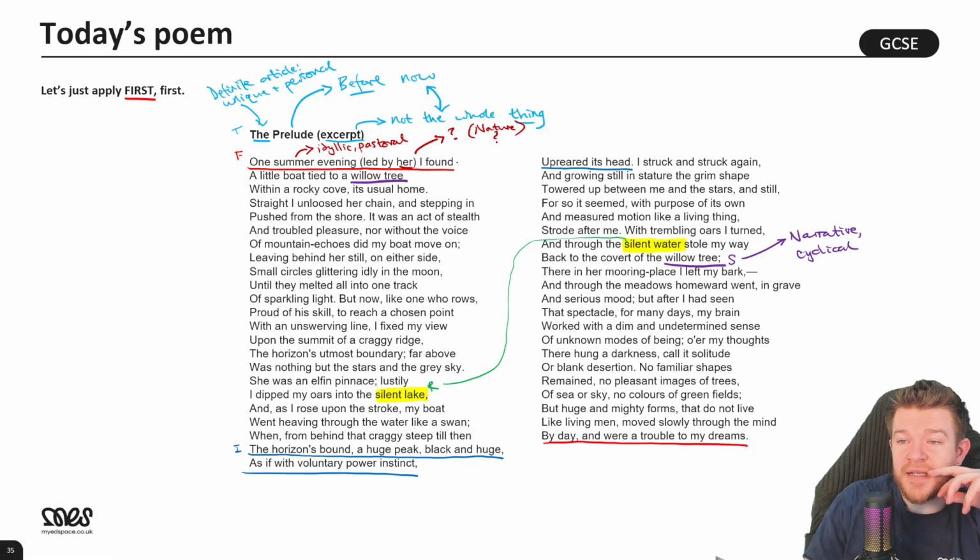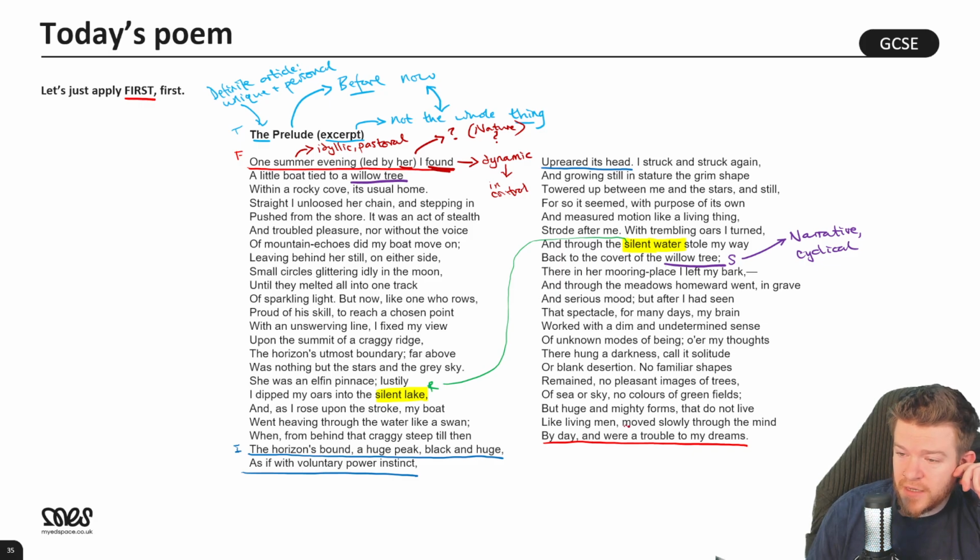And then we go straight into something dynamic. Okay, he is doing something. He chooses "I found", a dynamic verb, and he is the subject of it. Okay, so although he is led by her, led by nature, he is nevertheless dynamic and in control at this stage. Have a look at the final line of the poem.